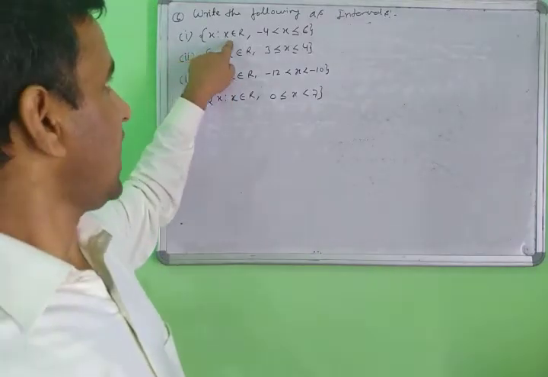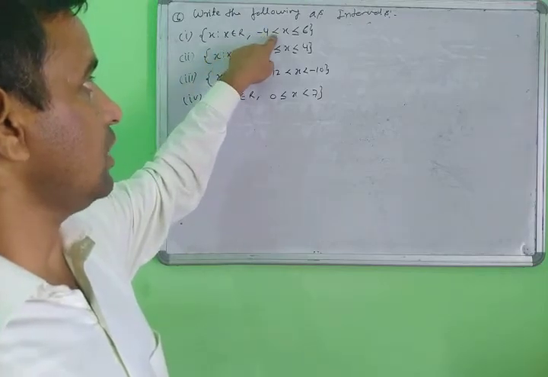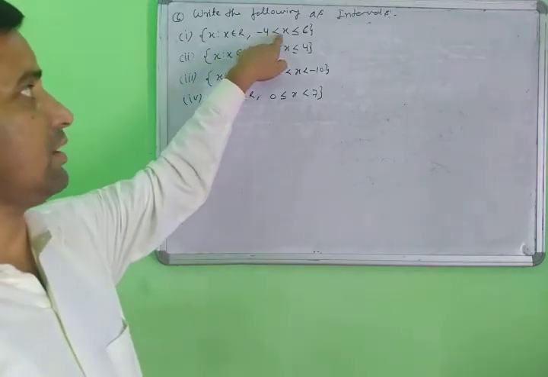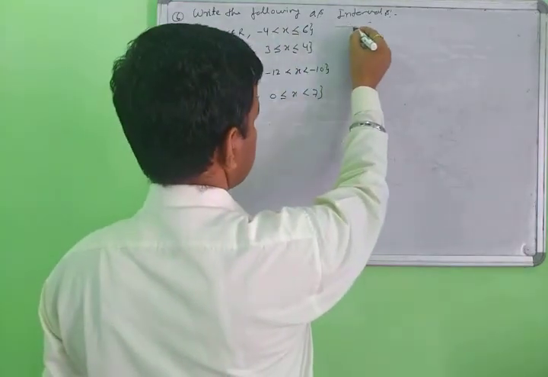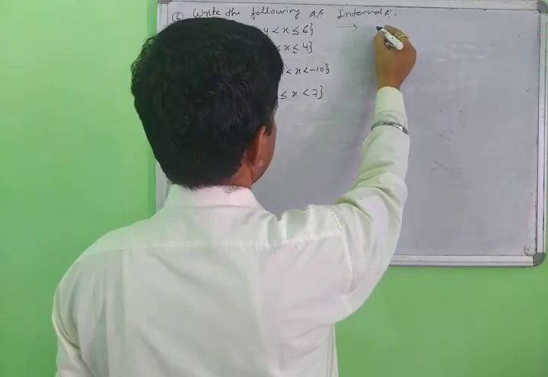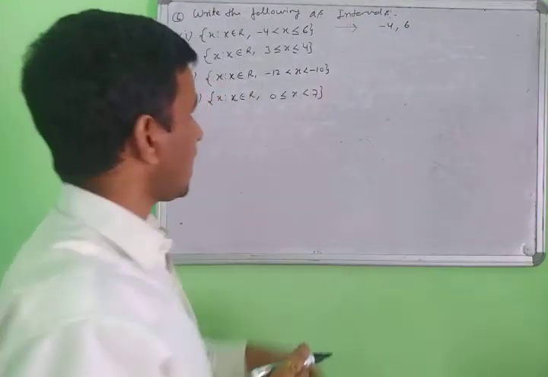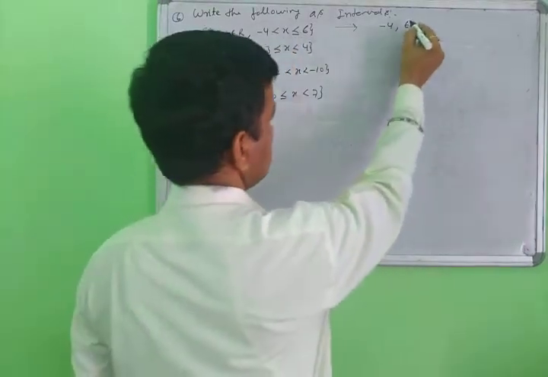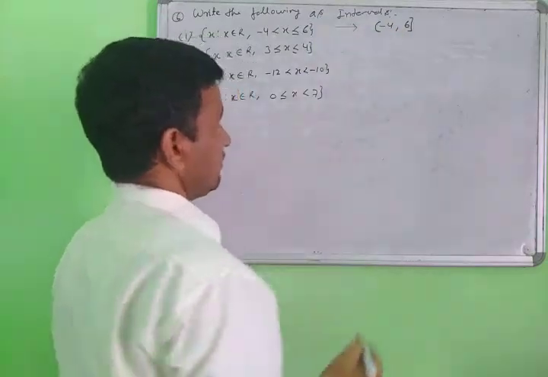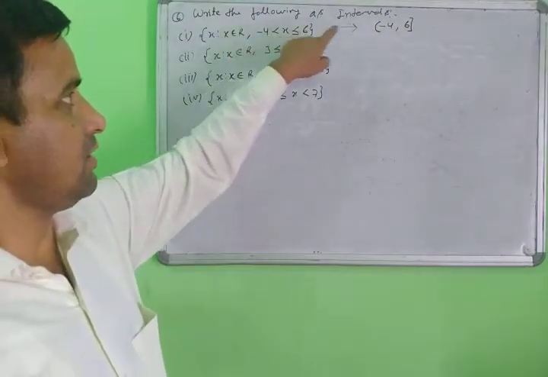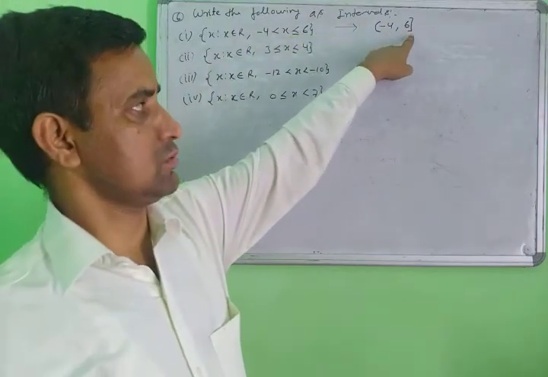Here x such that x belongs to R, all real numbers. Look here, this is the open interval or this is the closed interval. So you write the answer in this form. What is the answer here? Interval here -4 and 6. If using closed interval, then use the closed form; if using the open, then write the open. Very simple. For open interval, the symbol is the simple bracket. For closed interval, use the square bracket.